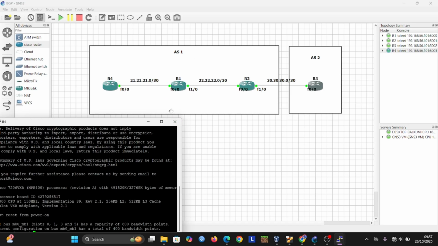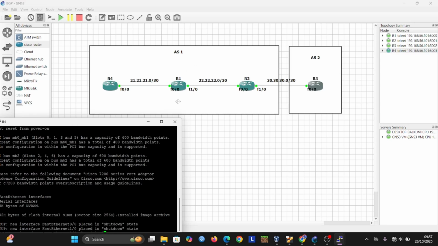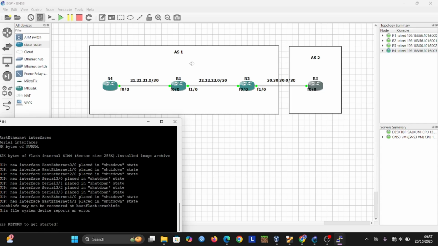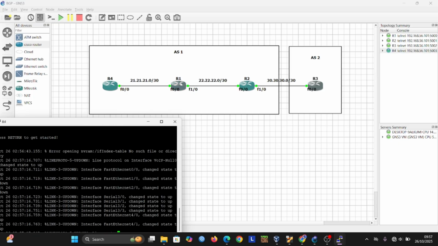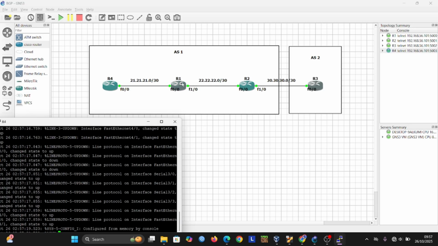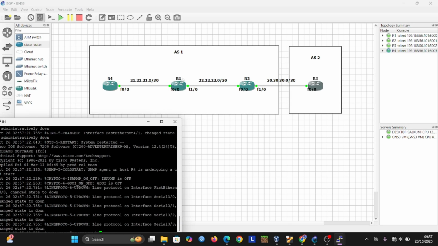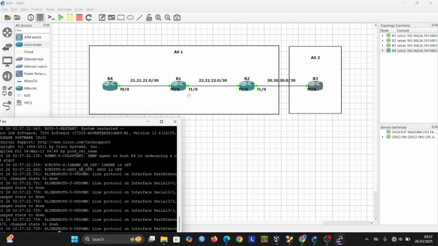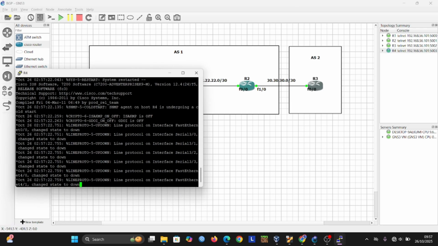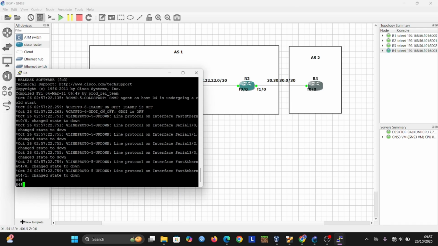And in BGP we have one router that is the route reflector. In this topology I want to use router 1 as the reflector, and router 2 and router 4 are the reflector clients.